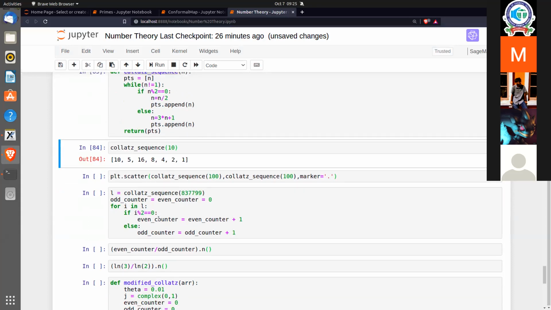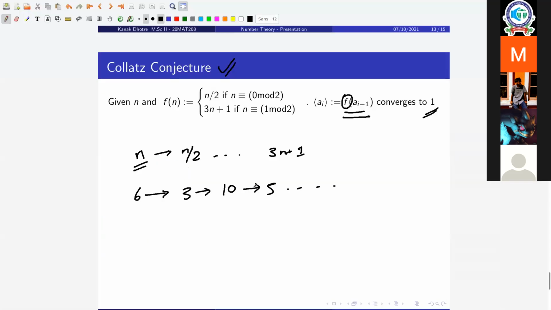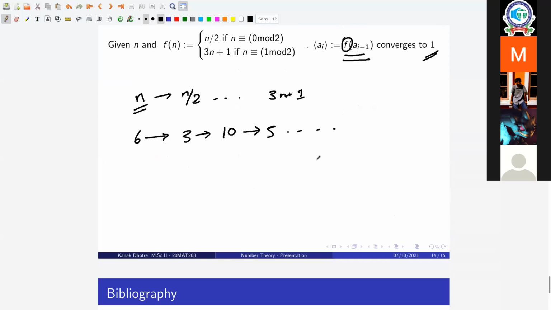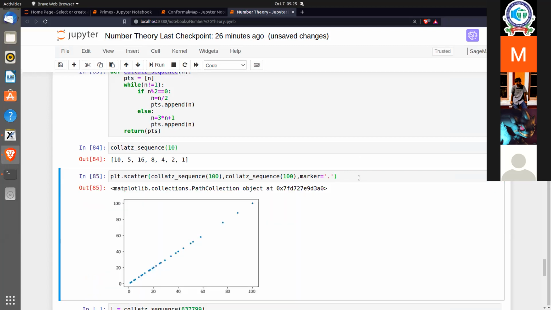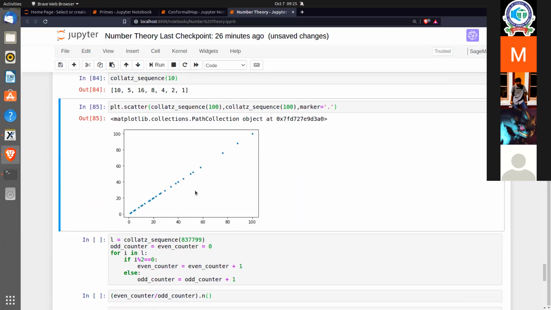Now I want to check 2 things essentially. So let's start off by plotting this Collatz sequence. Does anyone have any guesses what the plot will look like? It's a very anticlimactic plot, nothing too great. So if I start with n, for instance, so n comma n, I know that it has to somehow end up with 1 at 1 comma 1. So in between all of those points, it will again be some xi comma xi, right? So if I just plot it out, it's just going to be a straight line.